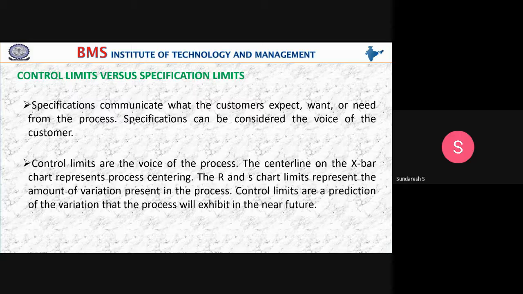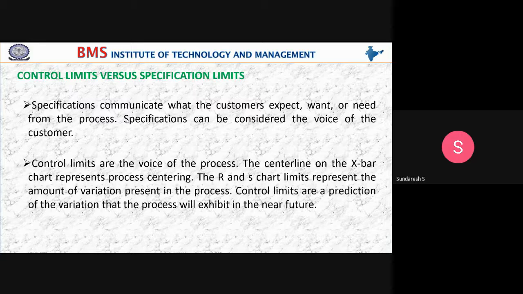How much surface finish you can obtain, or provide, or impart for a given product using that particular machine would definitely be different from the specification limit. The customer may be expecting something different, but you will know the capability of this machine for producing that amount of surface finish. So these are the differences you're supposed to be very careful about while you are setting the tolerances for the machines, right?